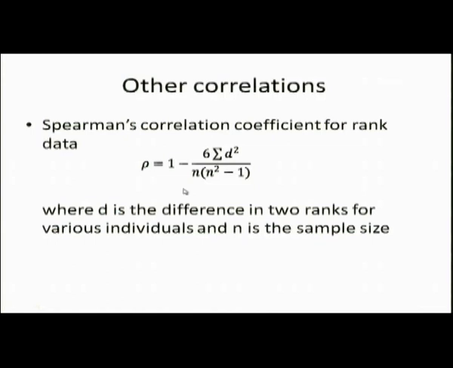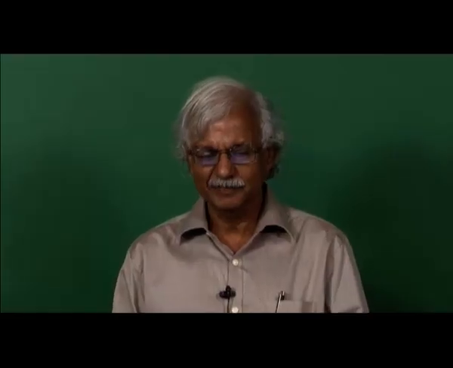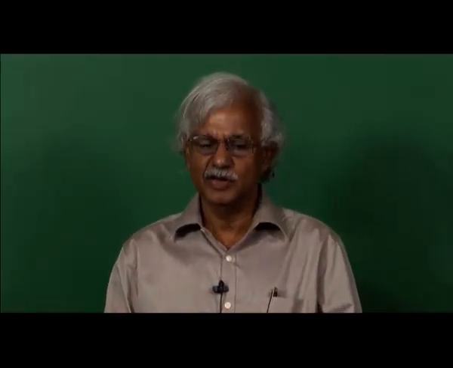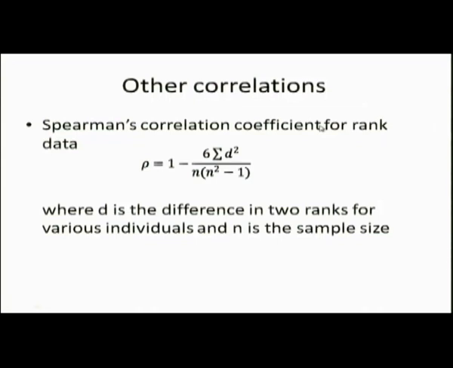Sometimes you are dealing with rank data. The earlier correlation coefficient is called Karl Pearson's correlation coefficient, for raw data of x and y on interval scale. If the data are on ordinal scale and you are dealing with ranks, then you can calculate Spearman's correlation coefficient. Actually, whether you calculate Spearman's correlation for ranks or Pearson's correlation coefficient, you will get the same value,